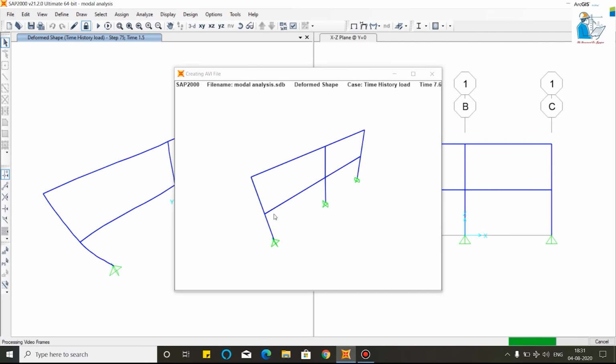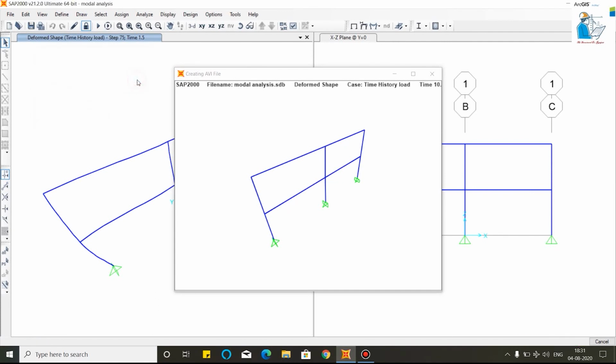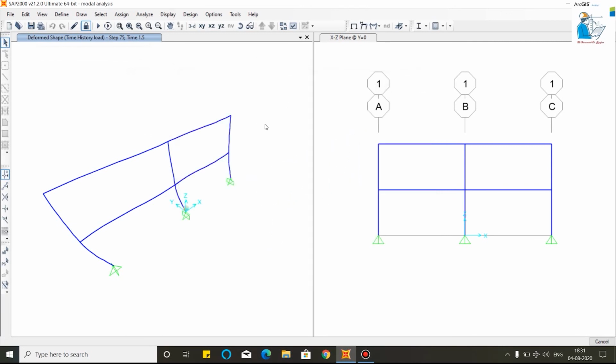This is your time. You can also increase the time step. In this way, you can record the video of your animation of a particular frequency and time period. In this way, you can do the modal analysis of your particular model.